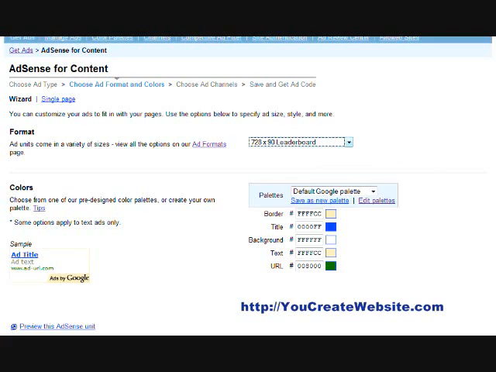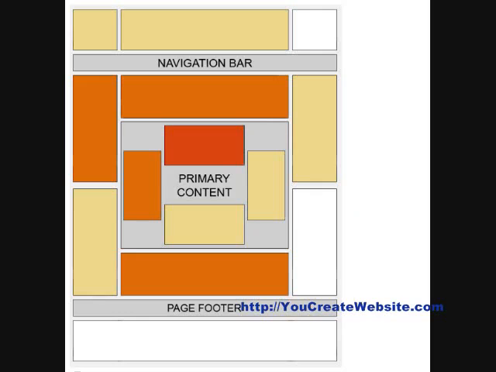Google's found. Now, if you're wondering where you should place your ads on your site, Google's come up with this heat map to show the best areas on websites to place ads. The darker the color, the better the area. So right above the primary content where the dark red box is, that's the best area you can place your ads. The four other orange boxes are the second best, and the light tan and white boxes are the worst